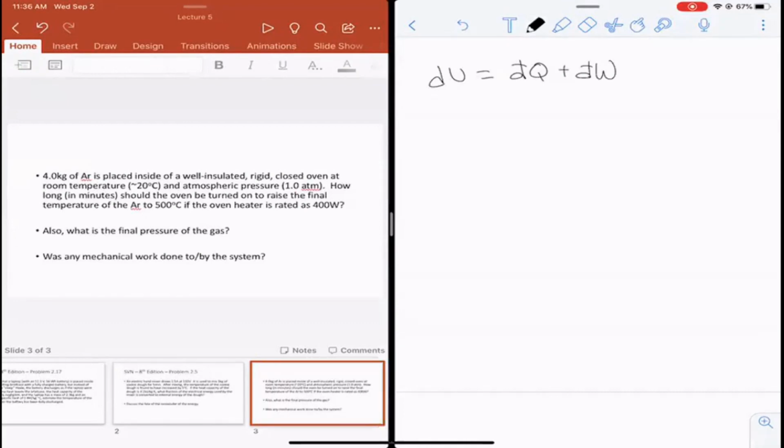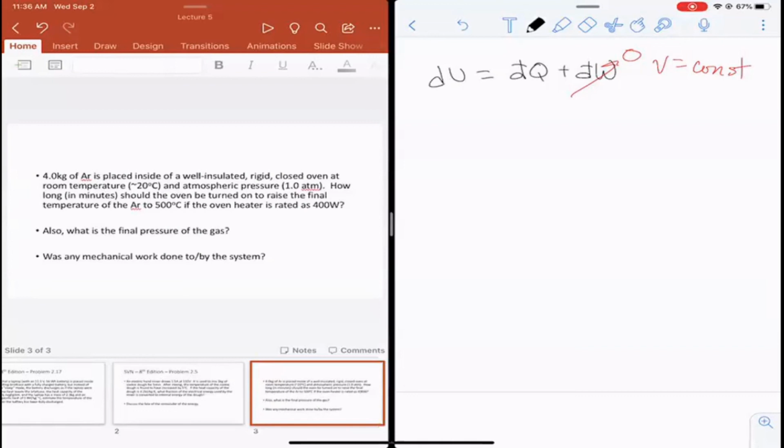from the oven. So if that's true, and we have a rigid box, where the volume doesn't change, we know that V is equal to a constant. And we're just going to treat the oven like it gives us heat. That means that there is no work that's done in this particular problem. So our answer here is just that dU is equal to dQ, or at least the solution to our energy balance. And so now we have enough information to calculate these